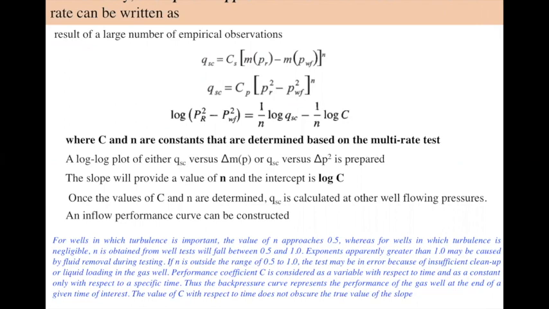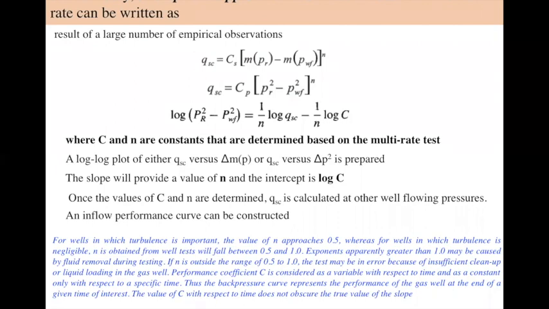You take this CSSC or CPSC, both are the same, right? So you can see QSC equal to C into MPR minus MPWF to the power n, right? Both this CS and n are similar to AS and BGS. This C represents the constant which takes care of the permeability of the reservoir and skin factor, and n takes care of the turbulence effect present in the reservoir, right? So this is an empirical relationship which is a result of a large number of